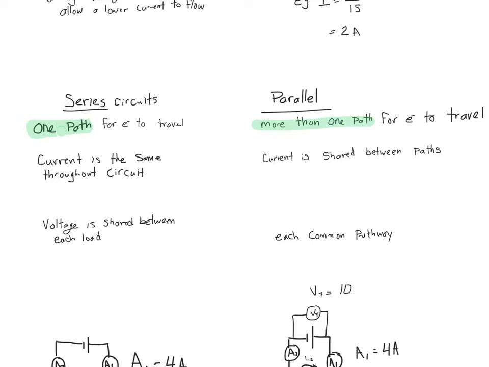So you should already know that series circuits involve one path for the electrons to travel, and parallel circuits involve more than one pathway for electrons to travel. So they split up into different paths. Ohm's law relationship changes depending on if we're talking about series or parallel. So for series circuits,